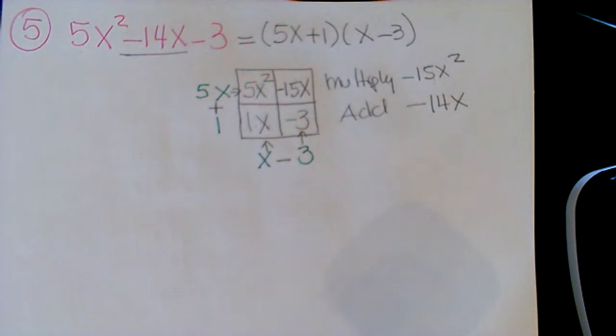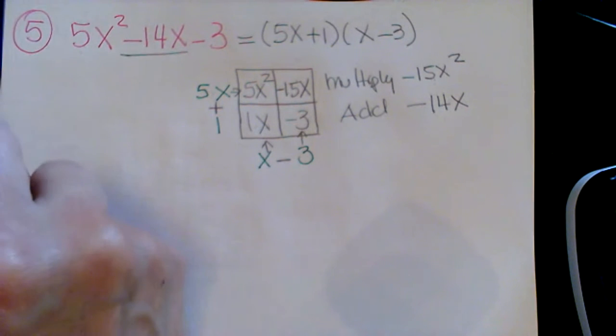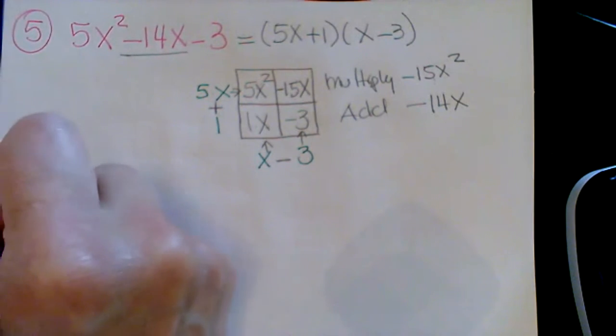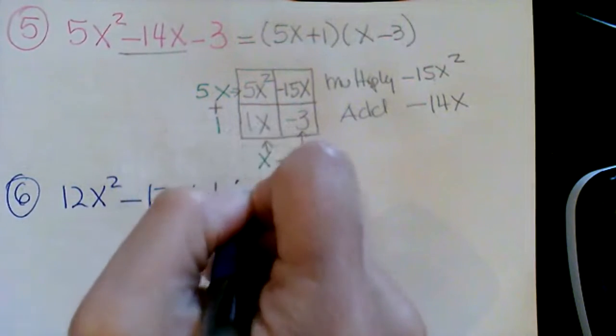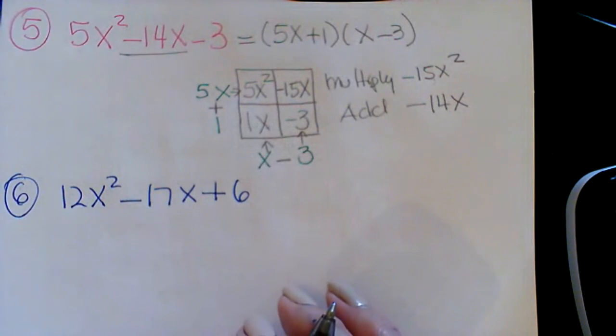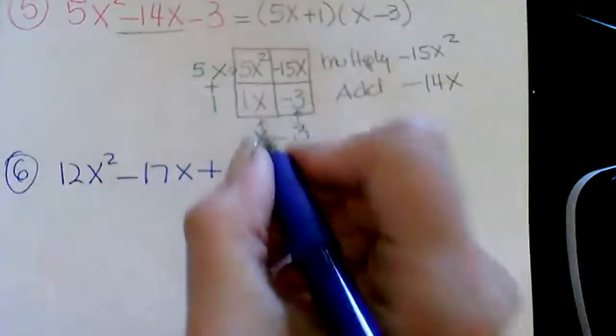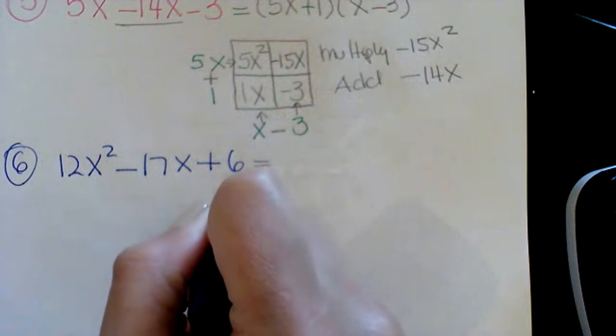There are many exercises, all right? For example, another one, 12x squared minus 17x plus 6. Okay, we are going to use the box. So the box is going to be